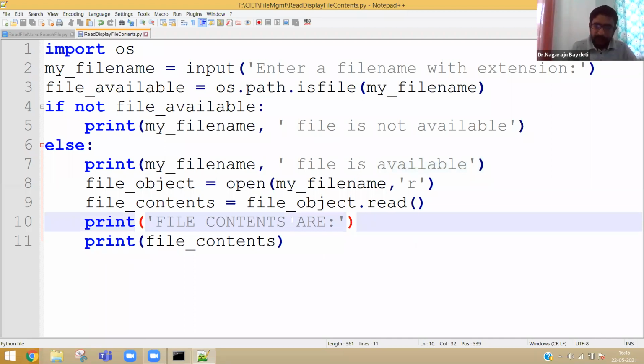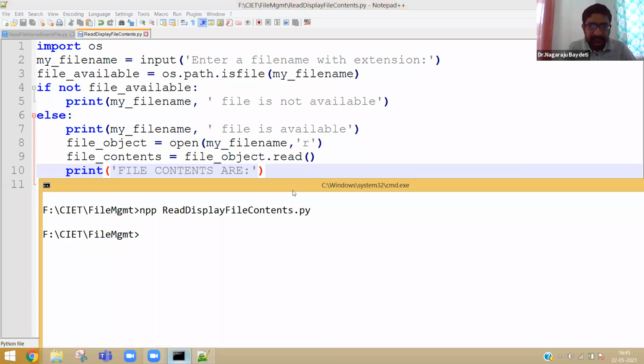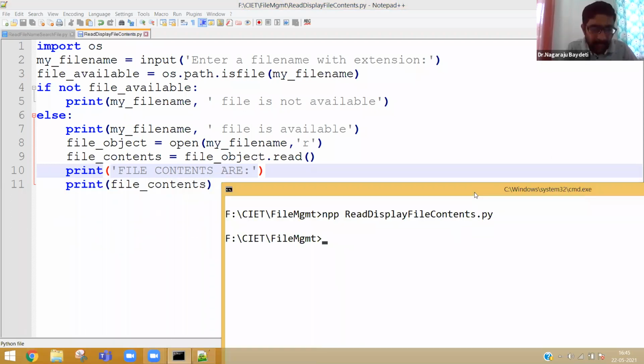I hope everybody understood the logic without any difficulty. Let me know in case you could not understand this particular program where searching a file and reading a file, all the logics are merged into one program.